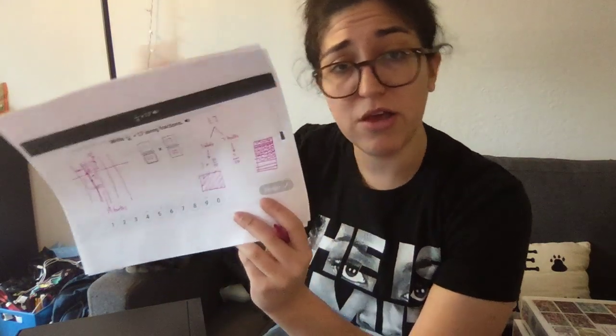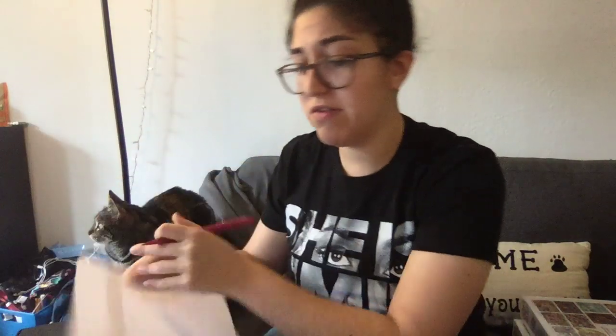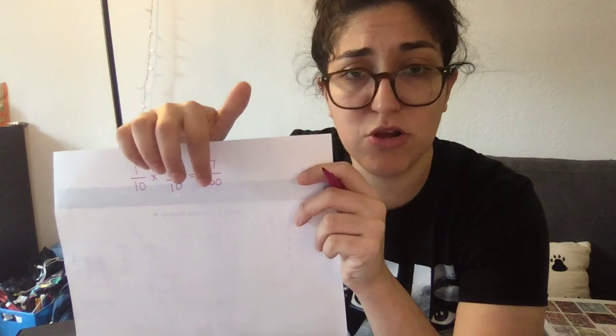Now, how would I solve this? Now, I'm multiplying fractions, which means I'm going to multiply across. So now, I'm going to actually flip this to the back. I have 1/10 times 17/10. Right, 1/10 times 17/10. If I multiply across, this will become 17 out of 100, because 1 times 17 is 17, and 10 times 10 is 100, right? And then if I think about, well, how am I going to put this back into decimal form? If I go back to my place value chart,